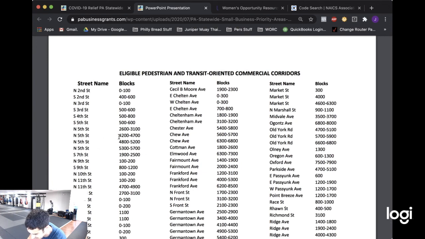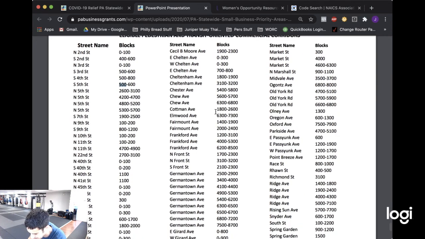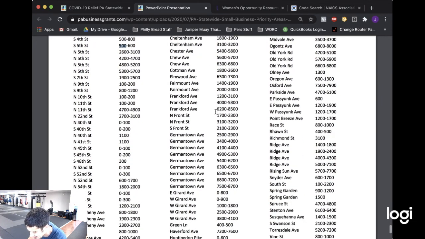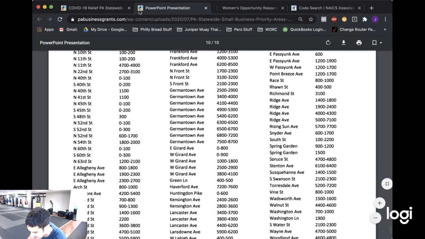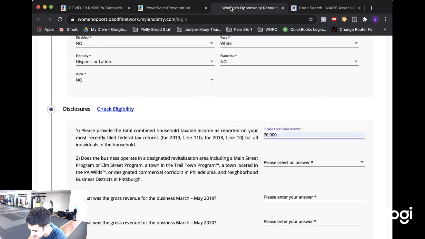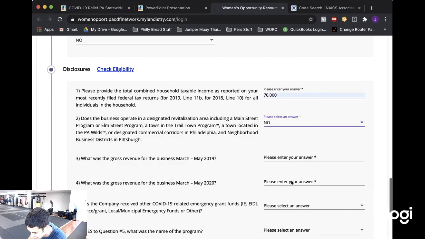So the 500 block of North 5th Street is not an eligible community, so I would click no. If I was on the 500 block of South 5th Street, that would be an eligible area, and I would put yes. So try to find your business's street address and see if it's on this list, and if you can, select yes. So we'll say no. Now again, it's going to